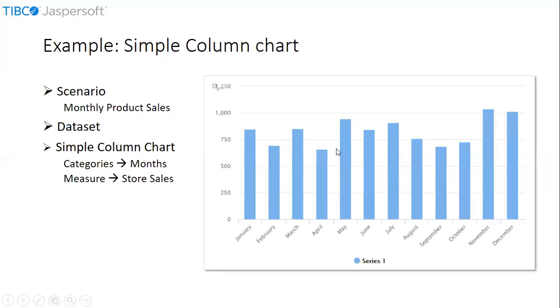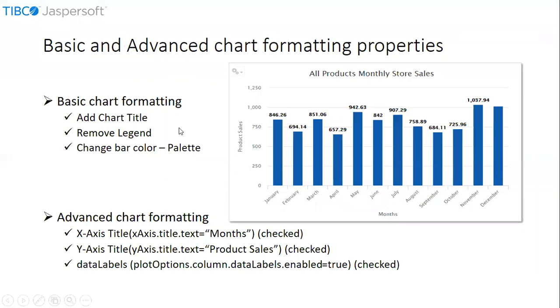So moving on to the next slide, we have some basic chart formatting and advanced chart formatting. In the basic chart formatting, by using the out of the box properties, we can add a chart title, we can remove the legend in the bottom, and we can change the bar color in the palette section. And in the advanced chart formatting, we have to manually provide these options. This advanced chart formatting for this demo includes x-axis title, which is months here, and y-axis title, which is product sales here,